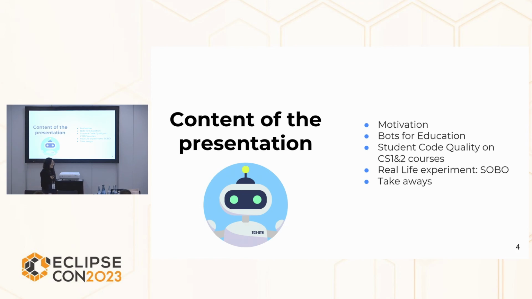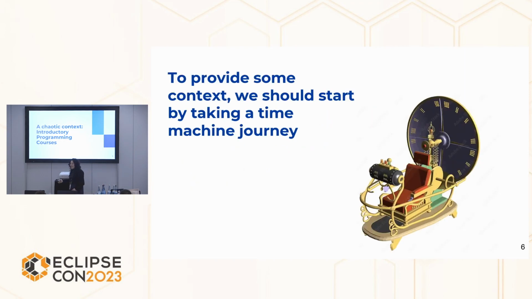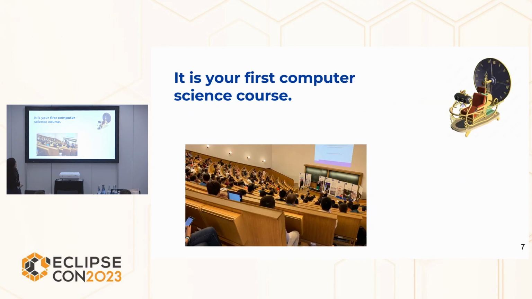So before we start, I need to put you in context. Let's take a time machine and go back to your first computer science course. It depends on how long ago you had this course, but currently, this course looks a bit like this. It's a huge room with, I would say, 100 students. It's already part of the first year of an engineering degree, no matter which engineering it is. Some students feel like half of them know what they're doing, some of them have experience, some of them not. Someone is with a computer, or someone's just with their notebook.